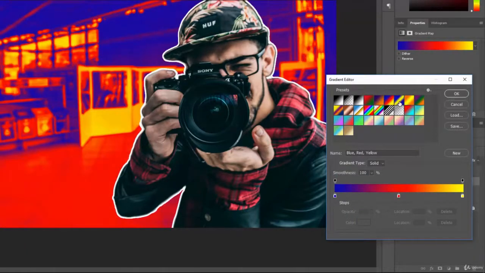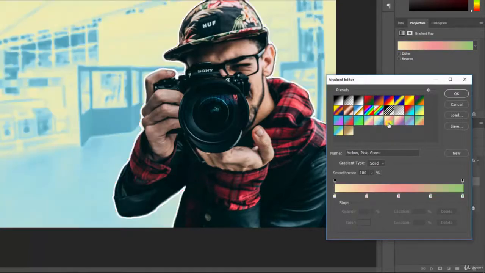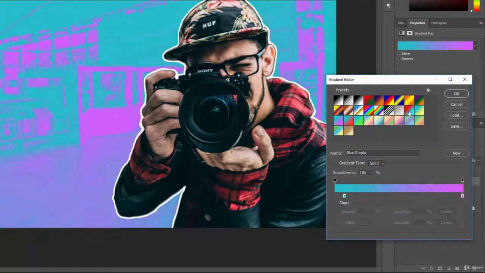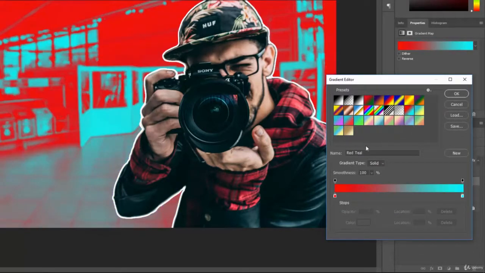This one actually uses 3 colors. So the darks are getting blues, the brights are getting yellows, and the midtones are getting more of a red color. So you can come in here and do a bunch of really cool different effects by using these different maps. So go ahead and select one. I'm going to select this red to blue, or if you want to create your own, you can click on the little color icon here,